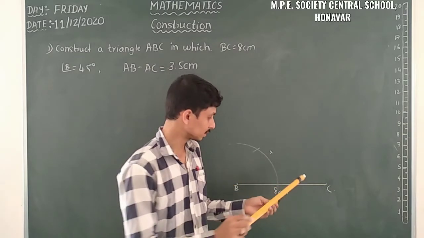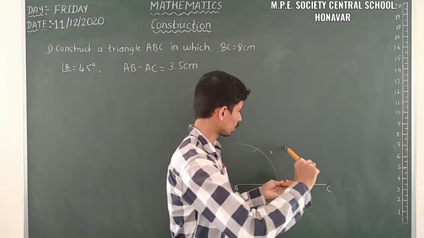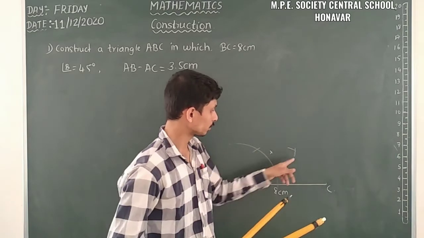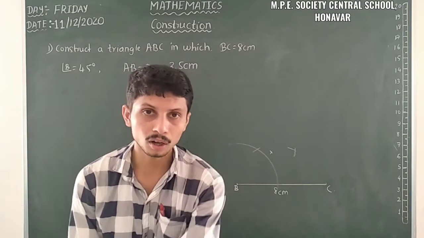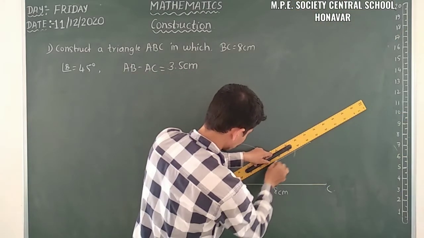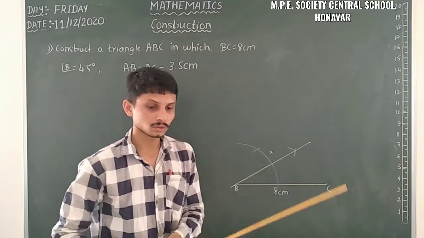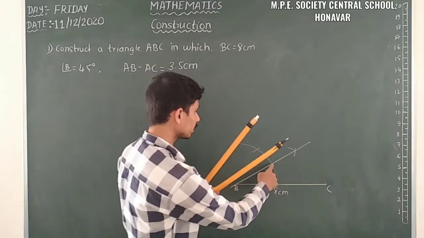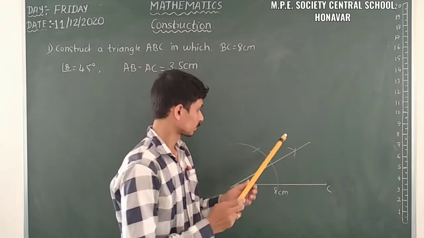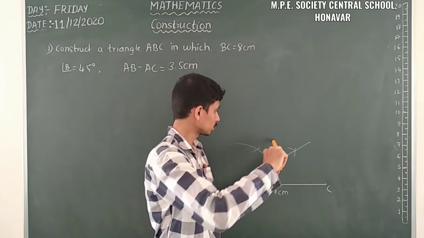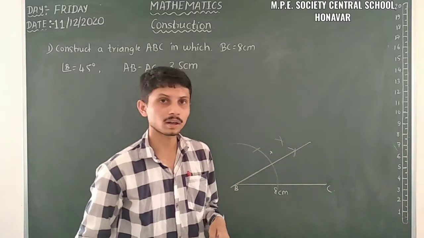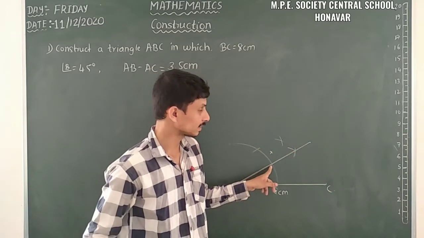Taking a radius here, you have to draw a curve like this. And here you have to cut that curve, so we get the angle bisector. Then you can join this line. It is 30 degree. So here we have 30 degree. Using this intersecting point and this intersecting point, you can construct. Using this intersecting point you have to draw a curve, and from this intersecting point you have to draw a curve. So it's 60 degree, here it is 30 degree.